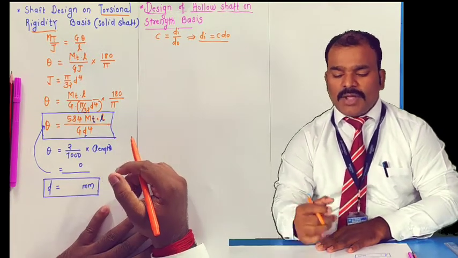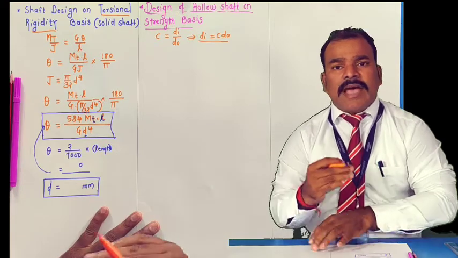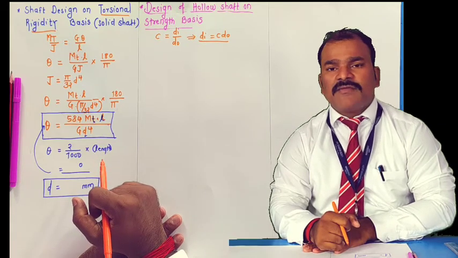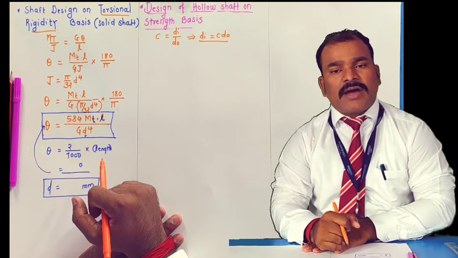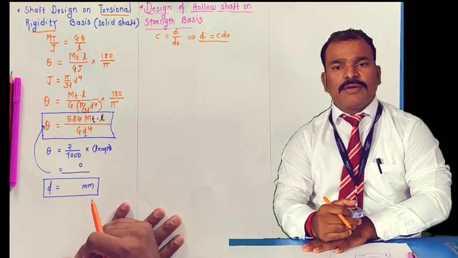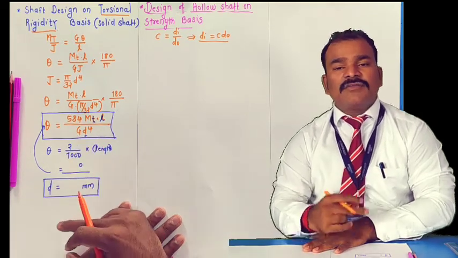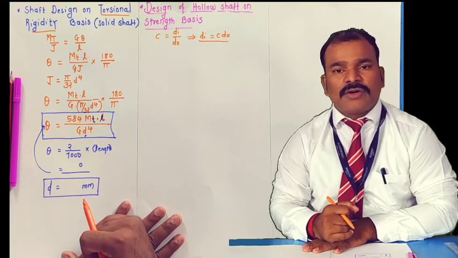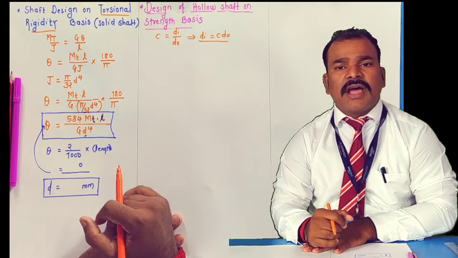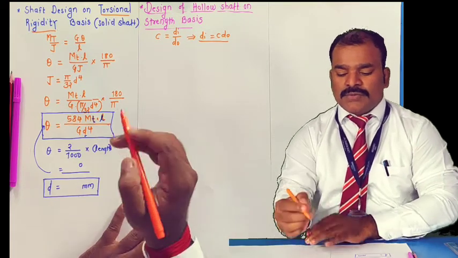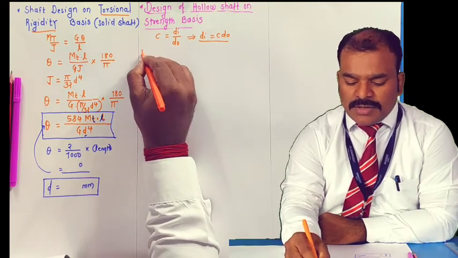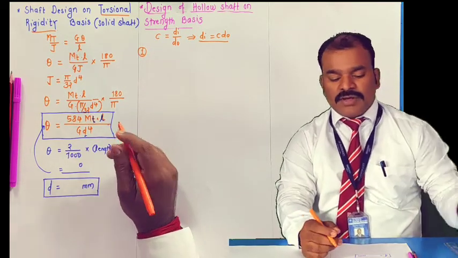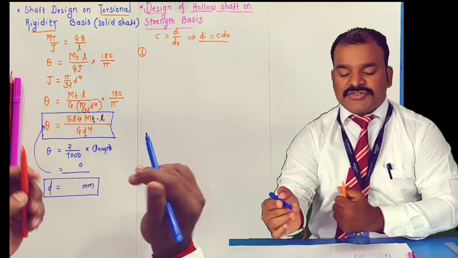So this is the assumption which we have to consider before starting the derivation for this hollow shaft. Now one by one we follow the same steps as in the solid shaft. We have seen three kinds of stresses: one is tensile, second is bending, and third is shear. After that we used the theories of failure, two conditions, and out of those we selected one and finalized the derivation for the solid shaft. The same procedure I will follow here. So the first step is the calculation of the stresses. First, calculate the tensile stress.